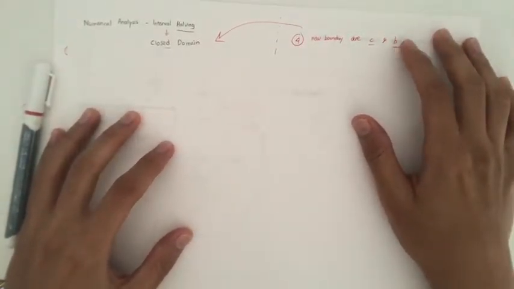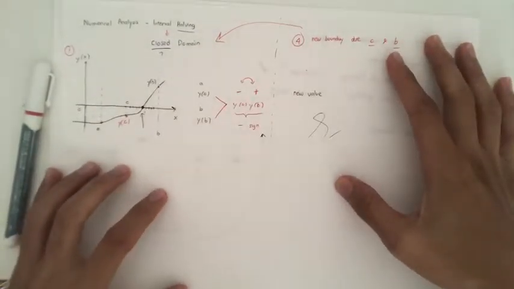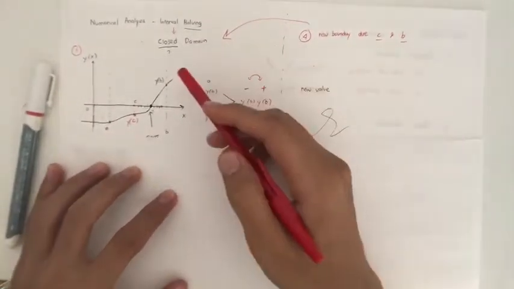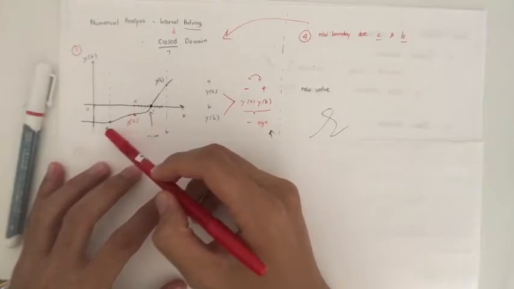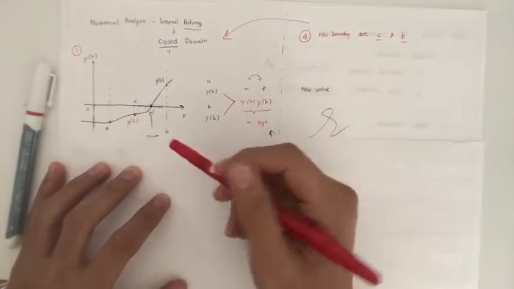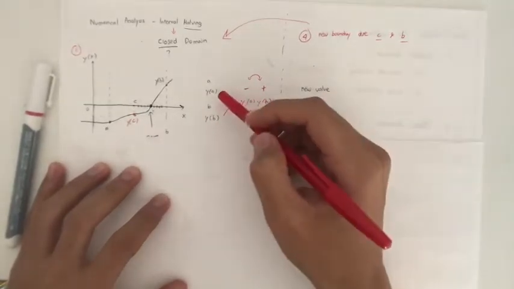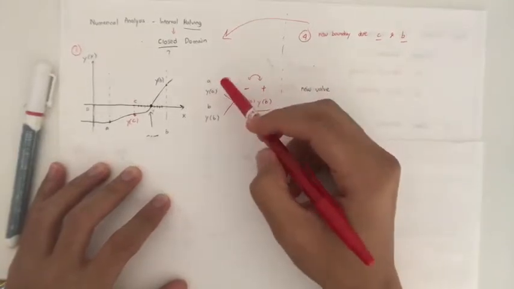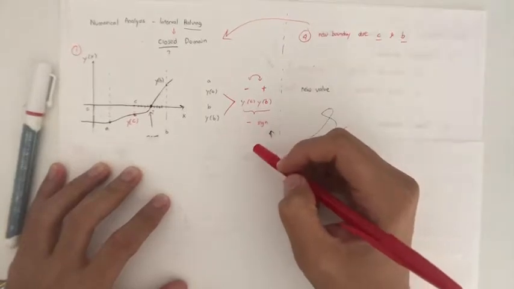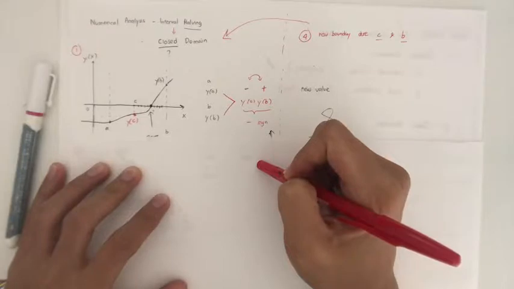So why is it called closed? As you might have guessed, it has a boundary here. So let's say that there are two arbitrary values along the x-axis, which are a and b, and from having a and b we get four values: a and the value of a, b and the value of b. Then we could find those values, and then what we need to do next is to have